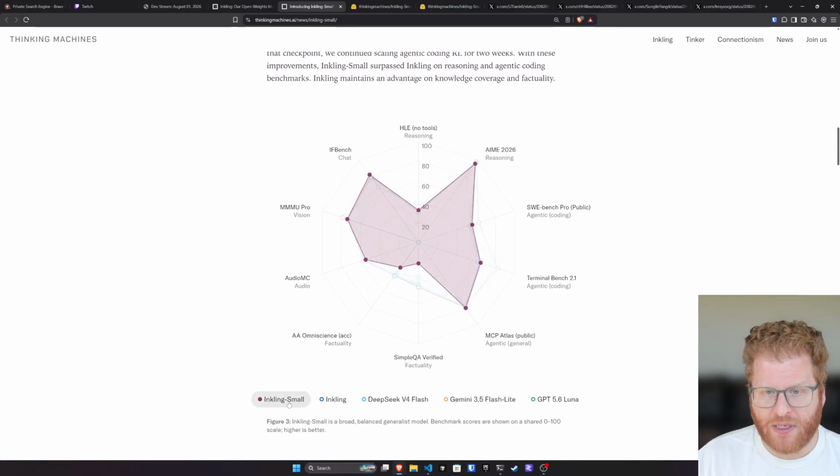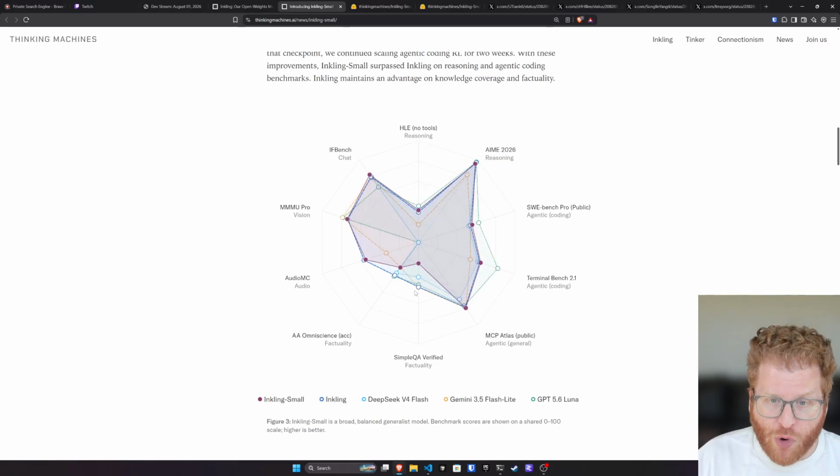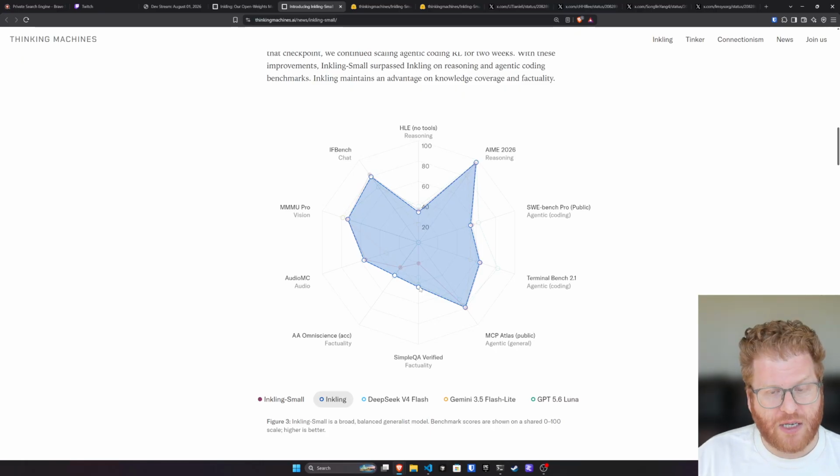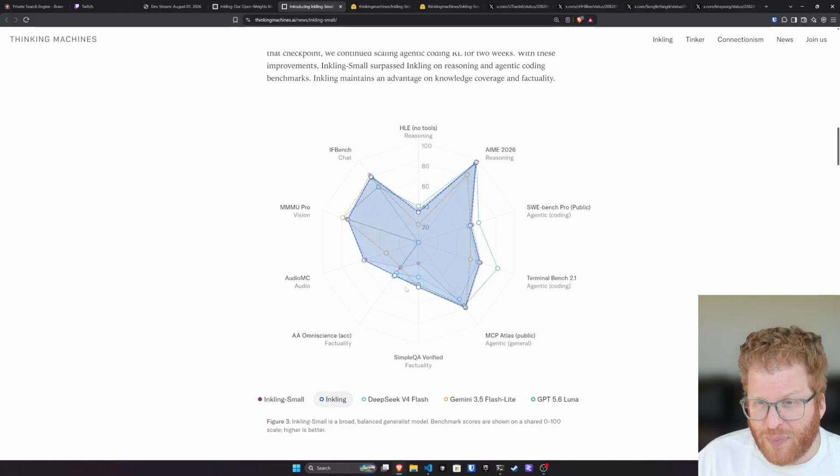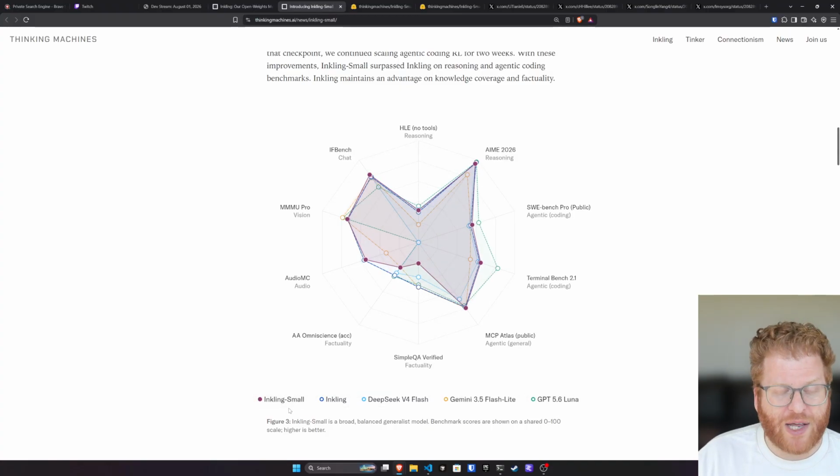If you look at the capabilities between Inkling and Inkling-Small, this makes sense to me, where Inkling is doing better at factuality. It knows more things. It knows more facts. It has a bigger set of weights to hold more world knowledge inside of it. But when it comes to things like interpreting vision, doing chat tasks, reasoning, writing code, look at Inkling-Small, you can see it's actually doing a little better in the code writing ability. And I think this goes back to what I said before about